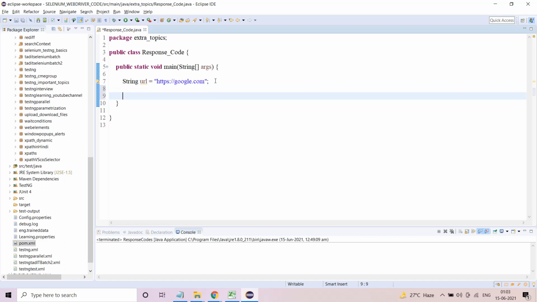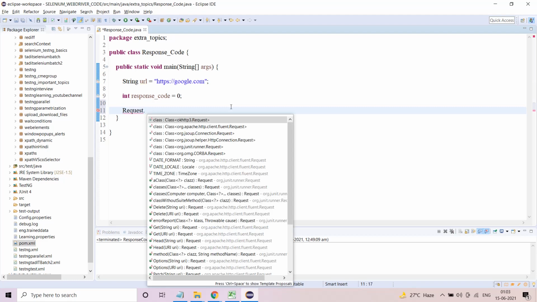Now I want to determine my response code. As of now we do not know what the response code is, so let me assume it is 0, because I do not know what it is, but I know it is a number, either 200, 300. Otherwise I would write String responseCode equal to null, but I know it is an integer. That is why I'm using int, initialized to 0. I'm assuming I will get something nice. Now I'm going to use a particular class in Java which is Request.